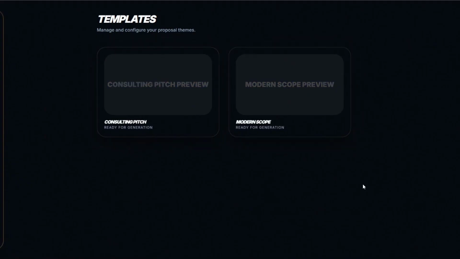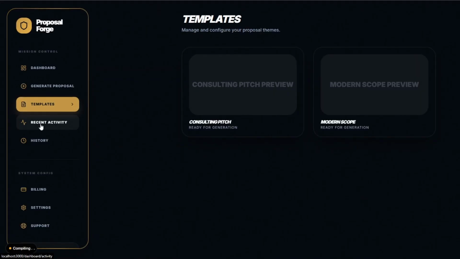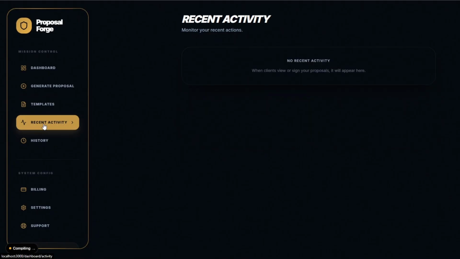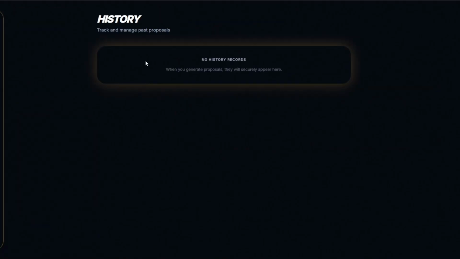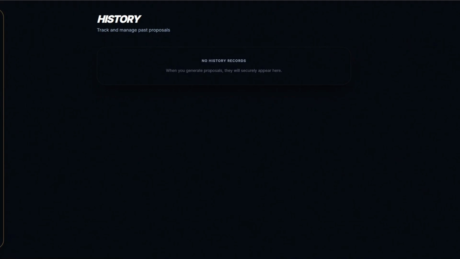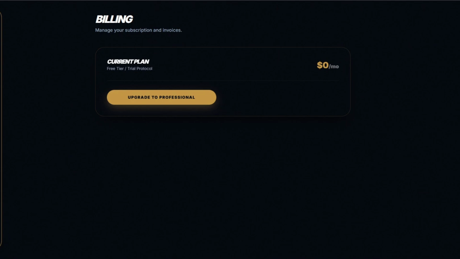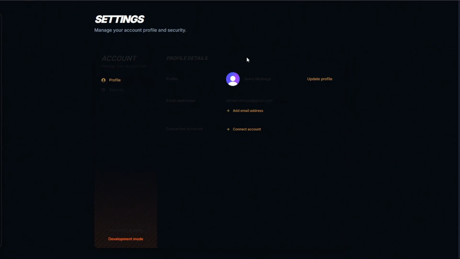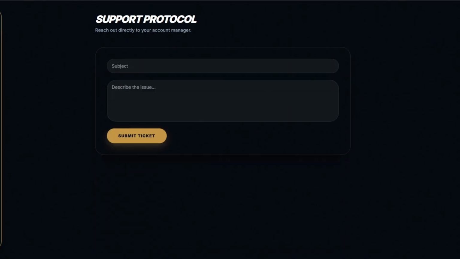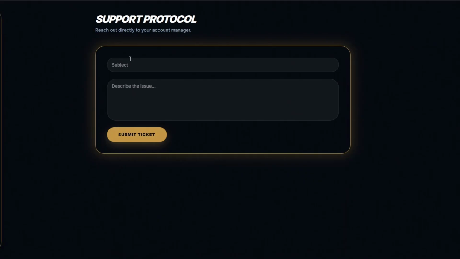So we can include a couple more templates right here. Let's say you can include 8 templates and give a thumbnail to each template. The recent activities, here's where we're going to add the recent activities. On history, here's where we're going to track and manage our past proposals. On the billings page, the settings page, here's where we're going to update our profile details. Then on the support page, here's where we're going to submit a question that I'd like to send to the